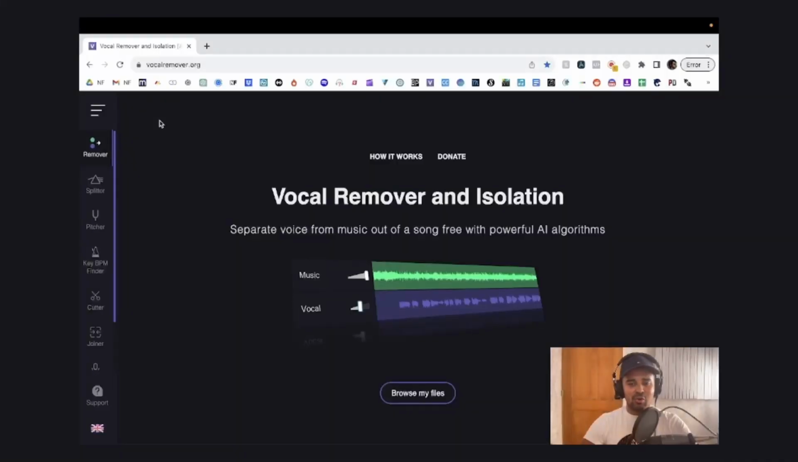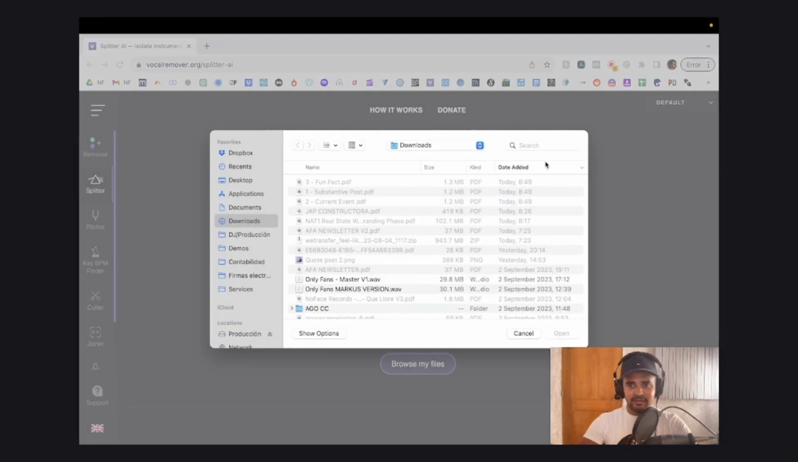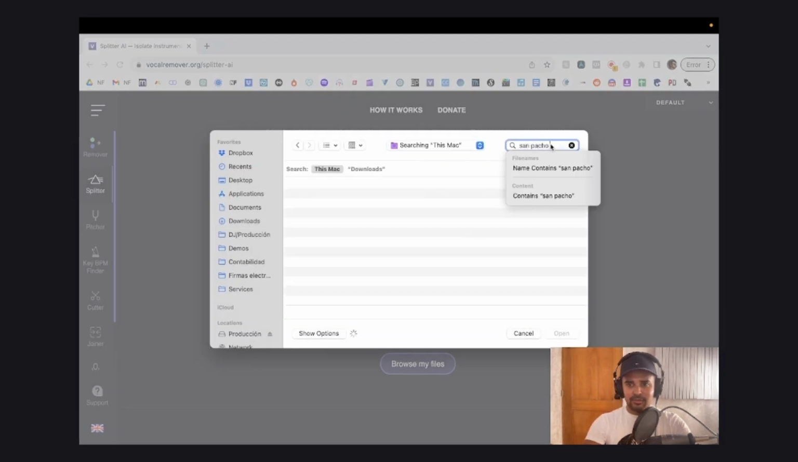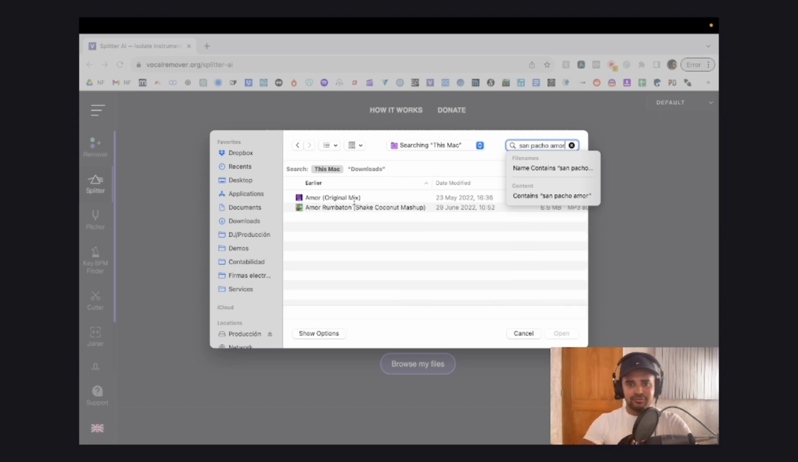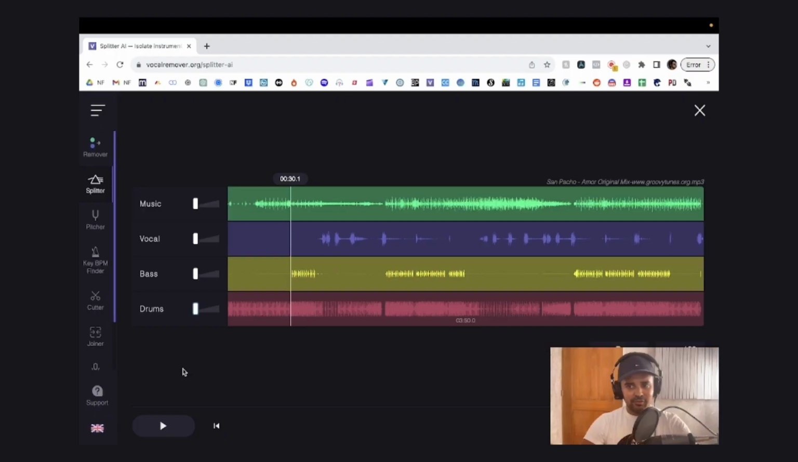And now we will try the tool Vocal Remover. In this case, we're going to the splitter section, browse my files. Let's say I'm gonna look for a Sampaio track. Let's try with Amor. It's browsing, uploading the file. A few minutes later. Okay, and now after waiting around 1 minute, we now have everything isolated: music, vocal, bass,